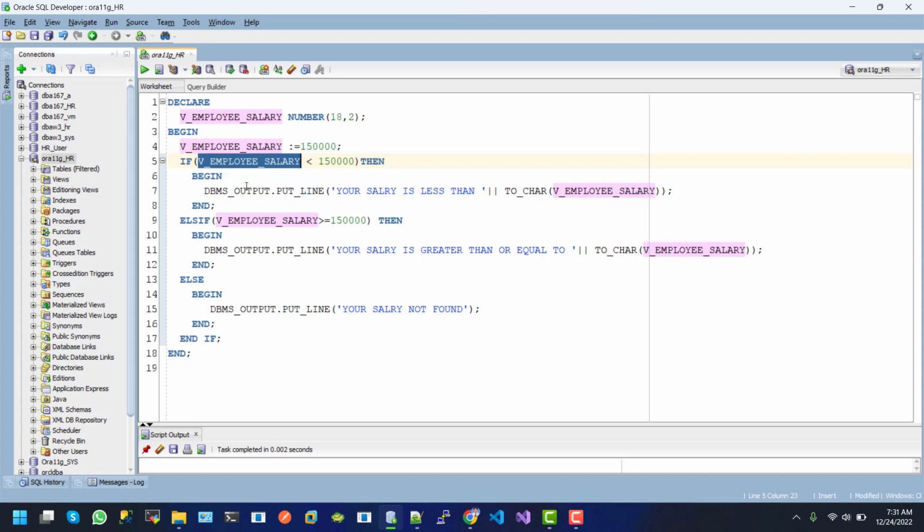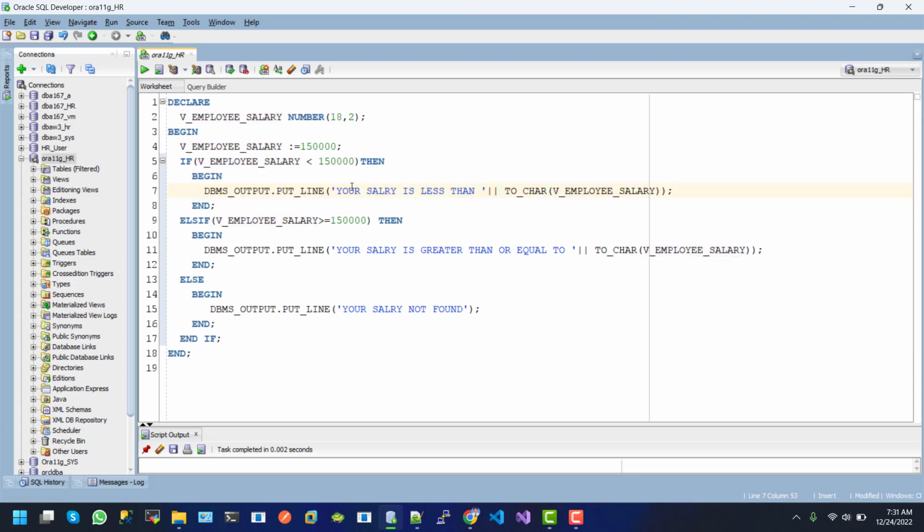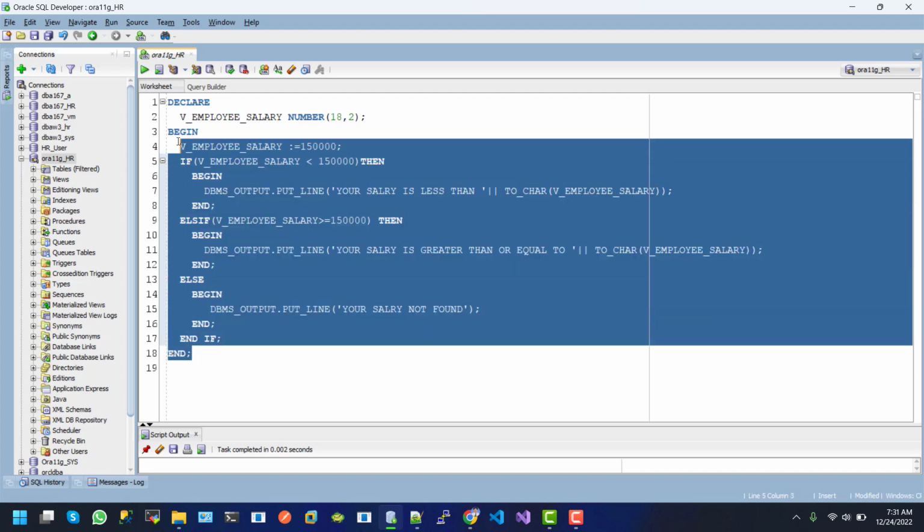1540, and inside the IF block we use begin and end, and here the message is that the salary is less than 1540. Another one is the ELSIF condition. Here, if the salary is greater than or equal to 1540, then the message is your salary is greater than or equal to, and the salary. And if the IF and ELSIF do not work, then the final ELSE statement will work and the message is your salary is not found. So if we execute this one,